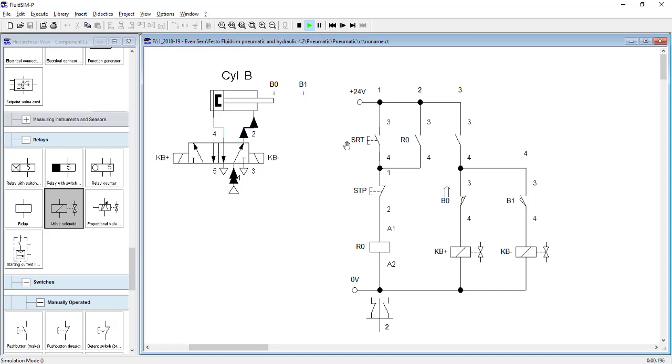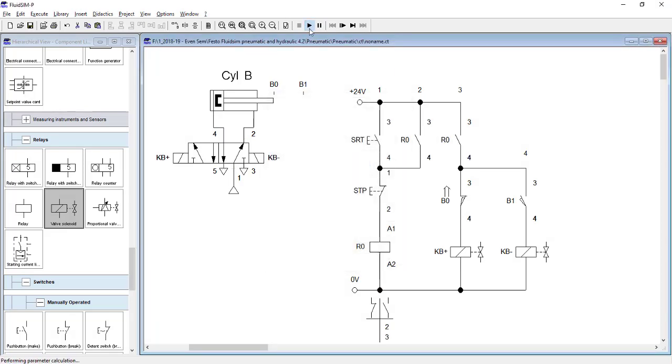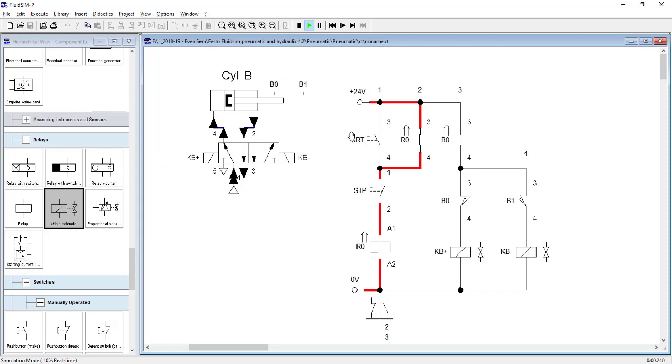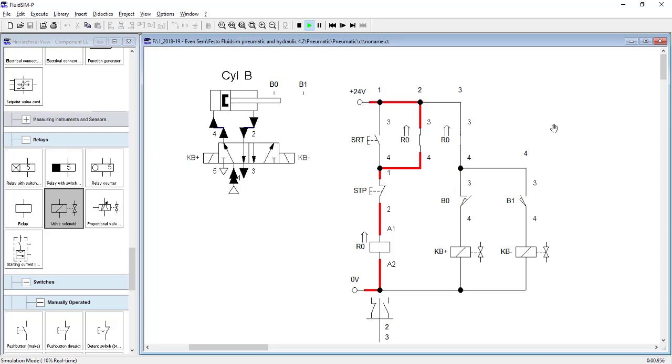Okay, I started. Now see, as soon as I push the start button, see what is happening. Sorry, I just forgot to name this. This is also R0. As soon as I push this start switch, cylinder B is moving forward, cylinder B is moving backward. B plus, B minus. In between you see some kind of changes that are happening, right? This is what is happening because of the electrical connections and because of the proximity sensors B0 and B1.